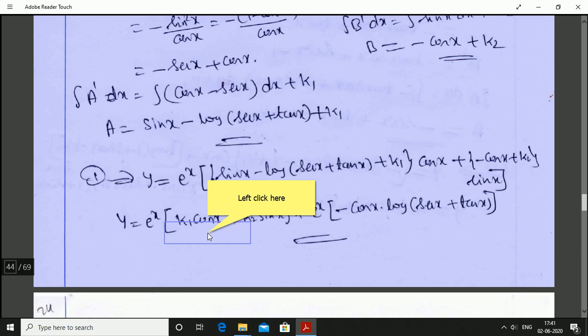We compute y1 dash, y2 dash. Also, we compute the Wronskian w is equal to y1 into y2 dash minus y2 into y1 dash. At last, we need to find a and b values, so that a dash is equal to minus y2 into phi of x divided by w and b dash is equal to y1 into phi of x divided by w. On integration, we get a and b values. Substitute a and b values into the assumed general solution. It gives the complete solution of the given linear differential equation. This is the method of variation of parameter.